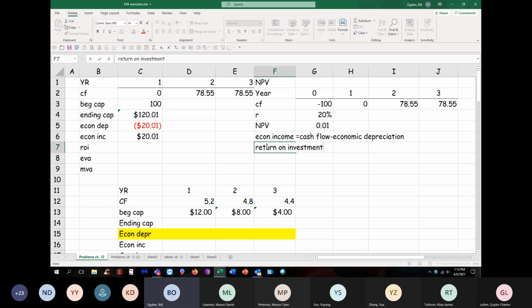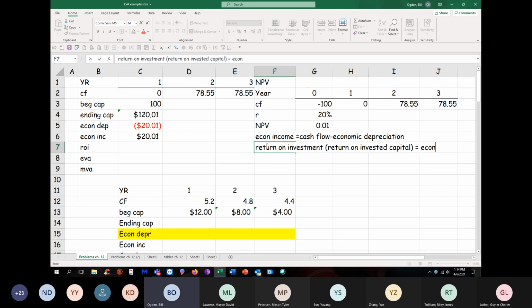And in our next, when we get to valuing not just projects, but whole companies, we're also going to call this return on invested capital. Thing. And this equals